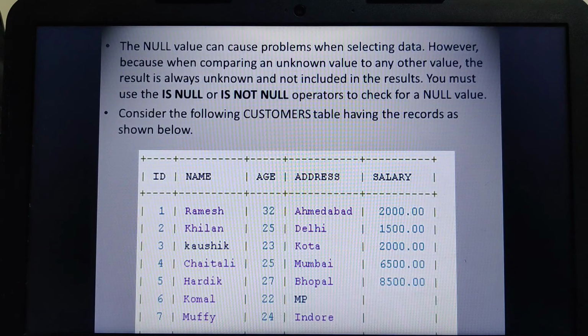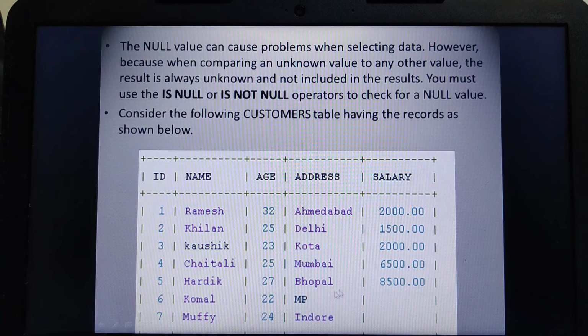Now one more example. The null value can cause problems when selecting the data. If I write a query, select star from customers where age is equal to 22, it retrieves the matching rows, but a null value would appear blank, which would look odd.